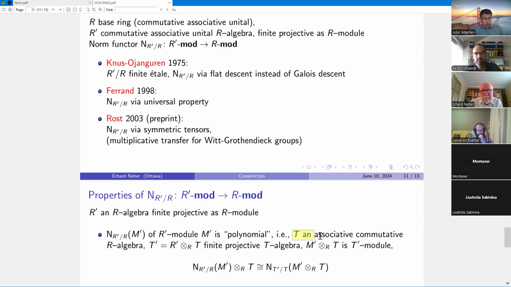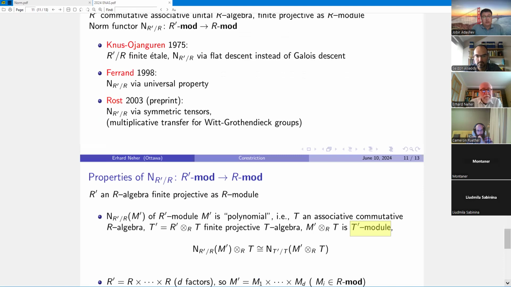Take an associative commutative R algebra T, then define T prime as the tensor product of R prime over R with T. This then is finite projective as a T algebra. Take a module M prime, take the tensor product over R with T. This is a T prime module. And now the norm